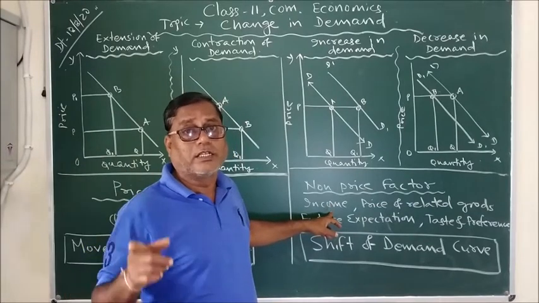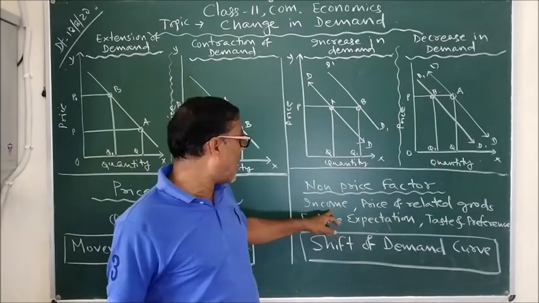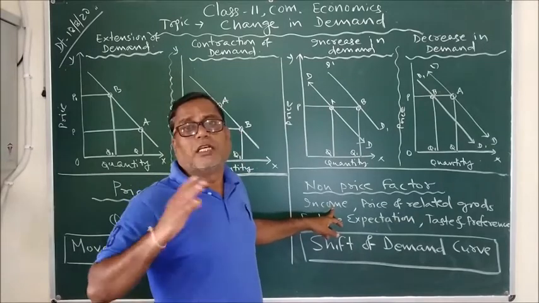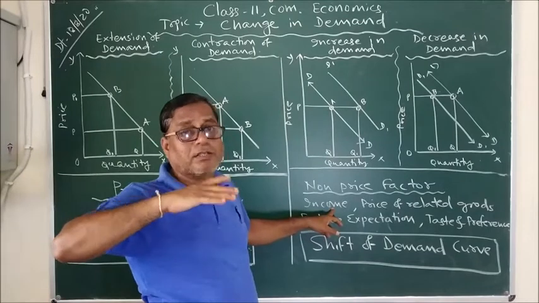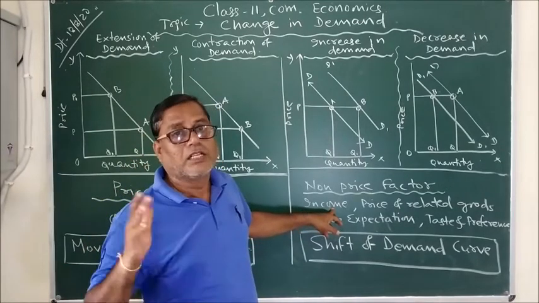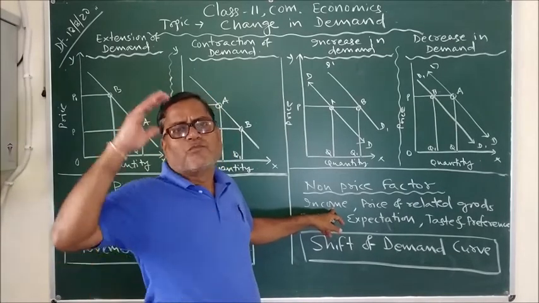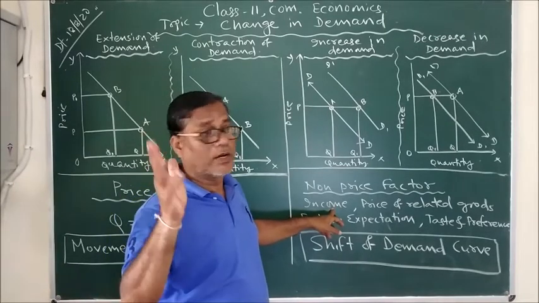So thus, apart from price of the product or price of the goods, the other determining factor that determines the quantity demanded, or how much the quantity demanded will be, is income of the consumer. That means at the same price, if income rises, quantity demanded rises, and at the same price, if income falls, then the demand falls. That means here price is not playing any role. It is the level of income or purchasing power of the consumer that is determining the quantity demanded.